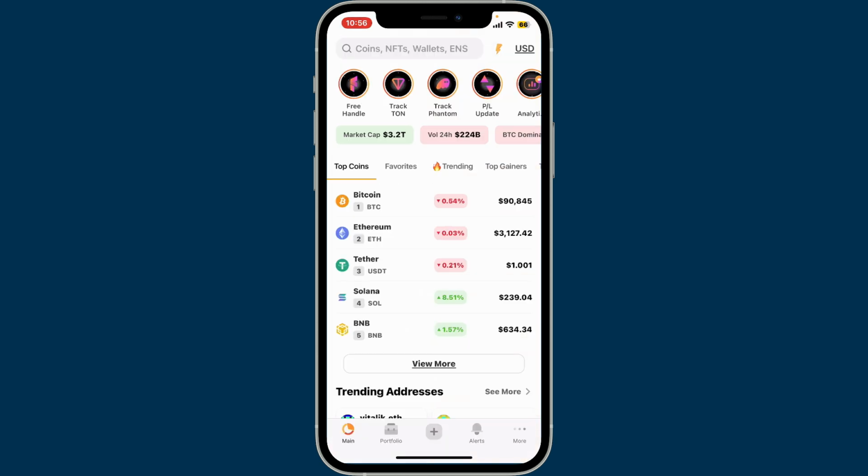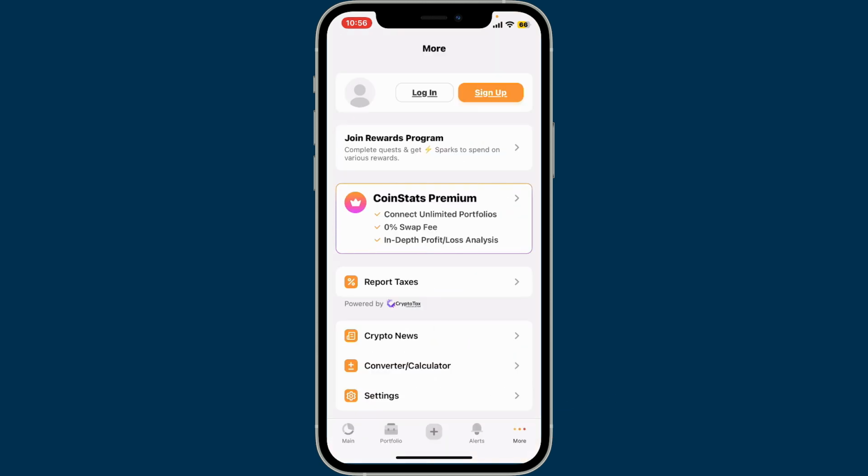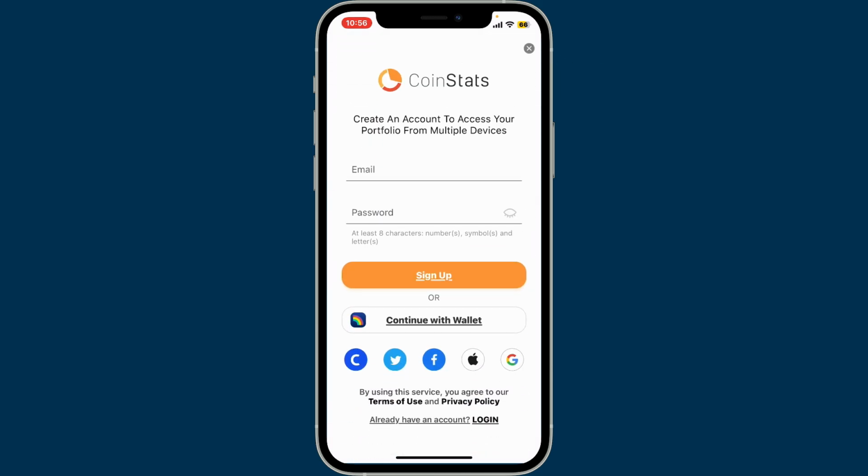From the home page, tap on the More button at the bottom right and click on Sign Up at the top right once again. Now, enter a valid email address and create a password on the next page in order to complete your sign up process. You can also continue with a wallet. Tap on Continue with Wallet and select a wallet such as Trust Wallet, MetaMask, and so on, and follow through